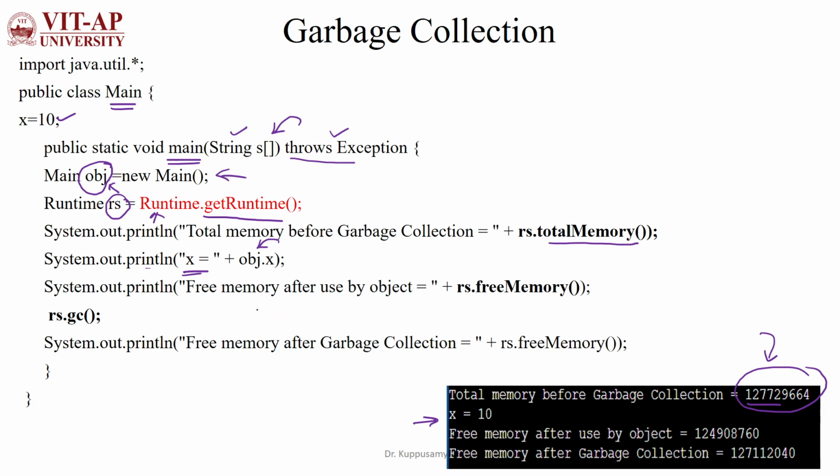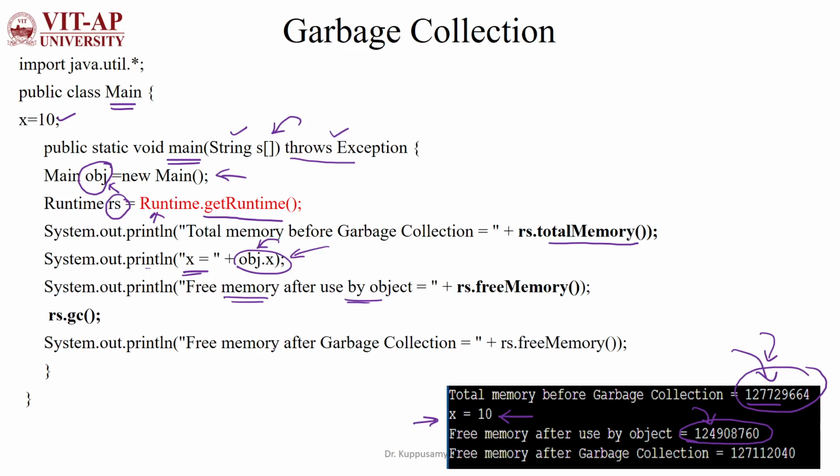Now I want to see the free memory after using this object variable. After consuming some memory locations for the variable value x, you see 124 free memory space. Previously we had 1277 and so on. Here we consumed some memory space for the variable value 10, so now the free memory space is